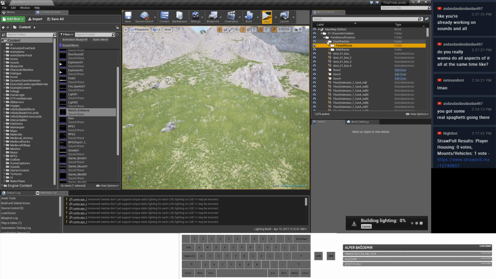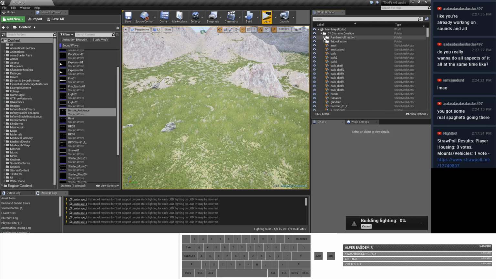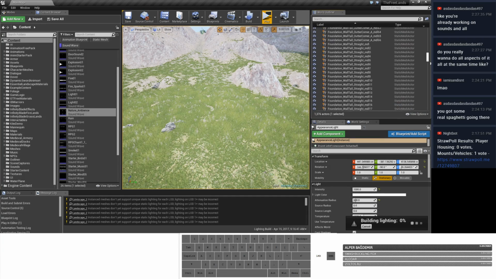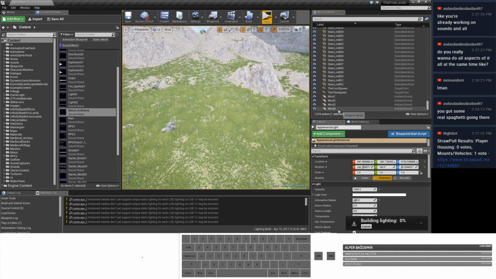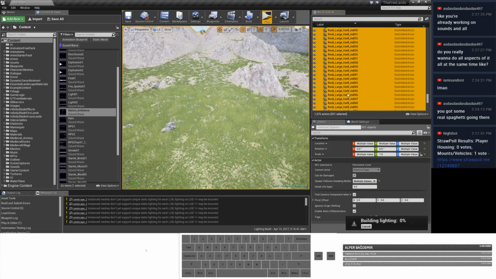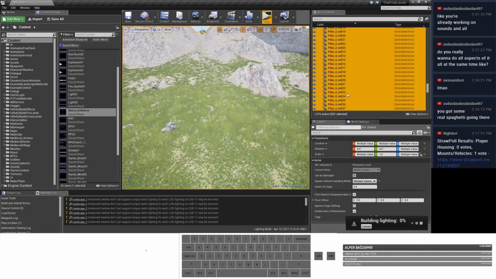I started organizing it earlier on. As you can see, I've got some organization here. Oh dear. All of this stuff needs to go up into there. This is stuff I've added. Wait, I don't want that, I don't want that, and I don't want a landscape. Those are the only things I've done outside of there.